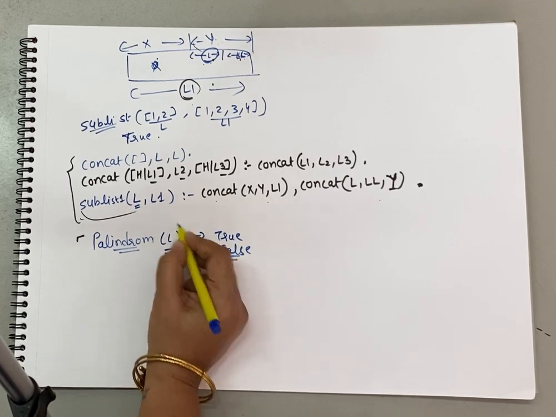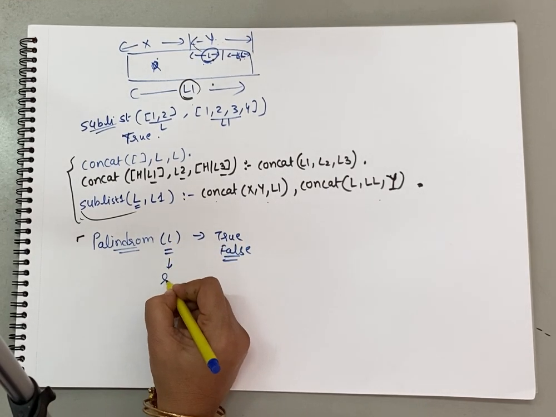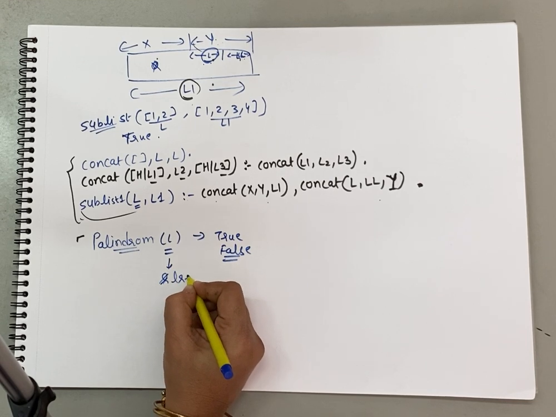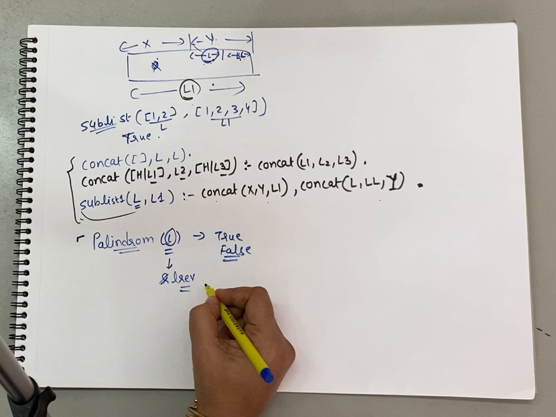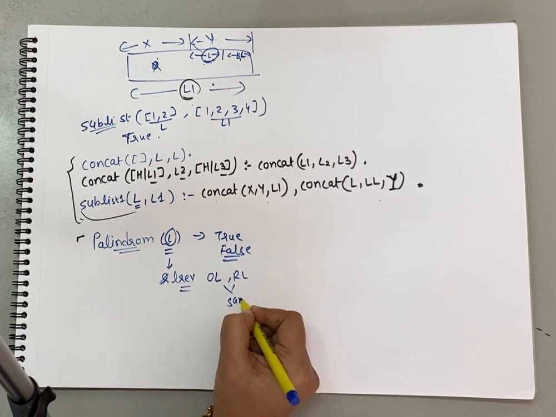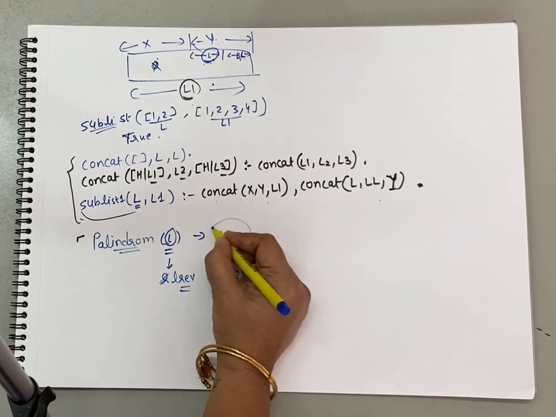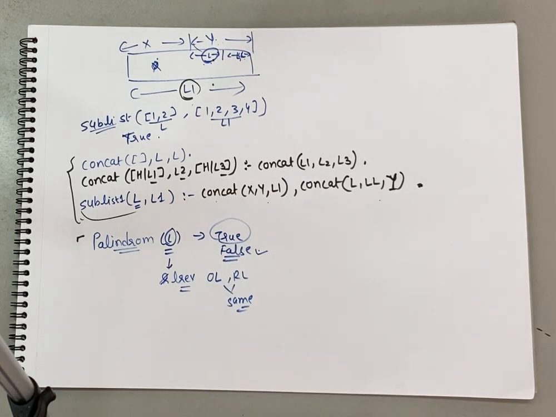So for checking whether the list is a palindrome or not, you have to call the list reverse function, and check whether the list passed, the original list, and the reversed list are both the same or not. If both are the same, you should return true. If both are not the same, you should return false. Palindrome is the function which I'm not going to discuss; you will have to write it on your own. Okay, so that is all for today.